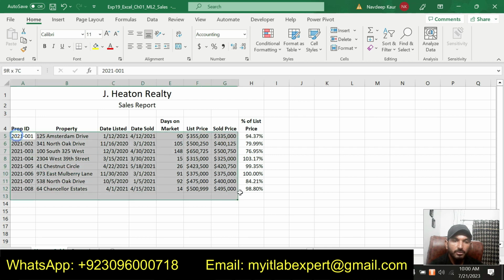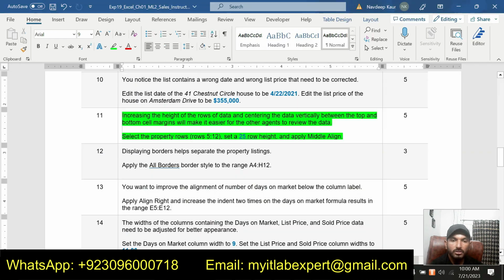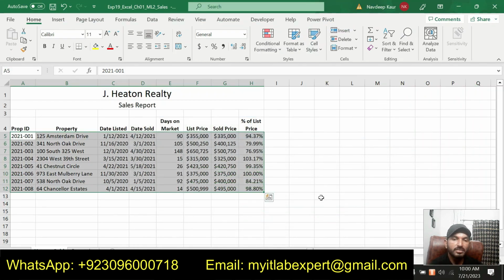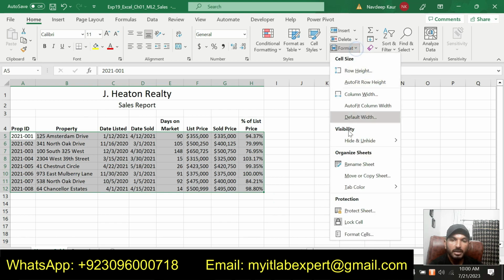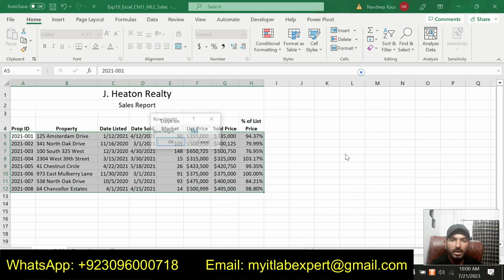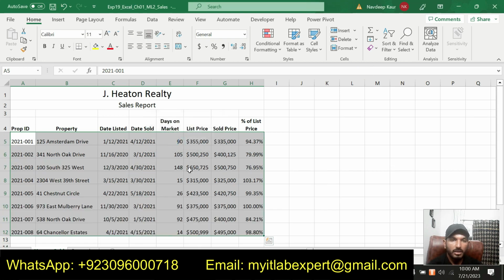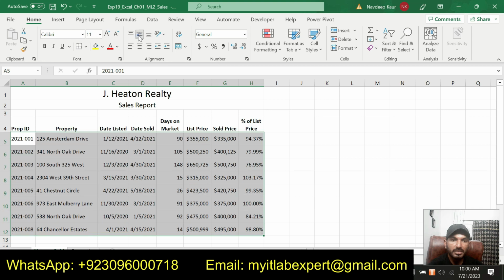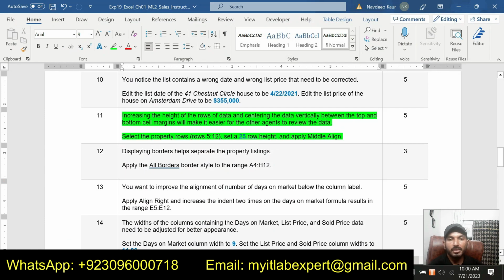So these are 5 to 12, these are the properties rows, and set a row height of 25 and apply middle align. So we will simply go to the format tab and click on row height and make it 25. And it should be middle align. So that is what is required in step number 11.